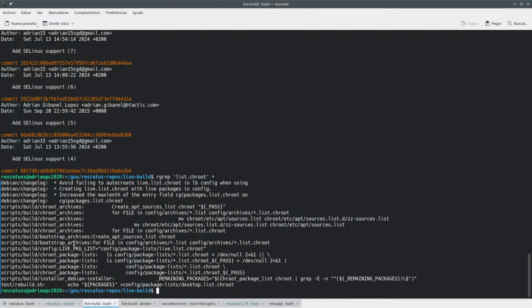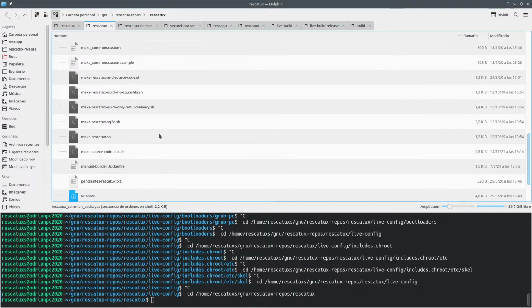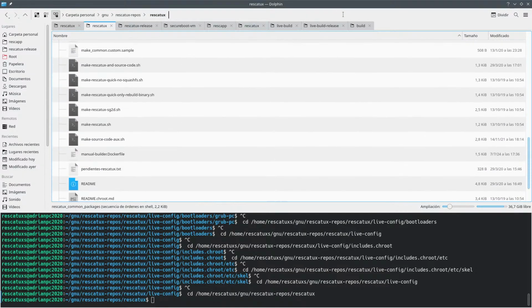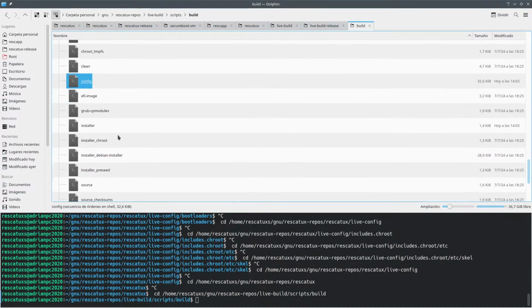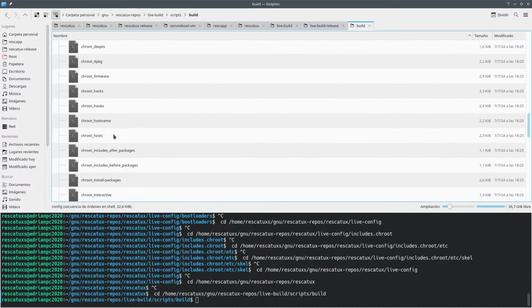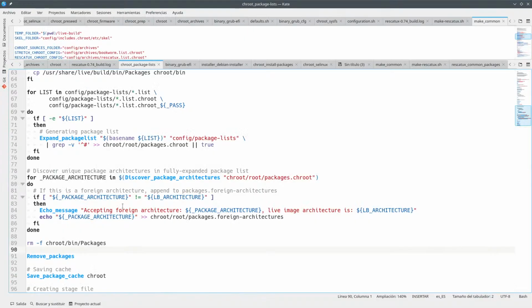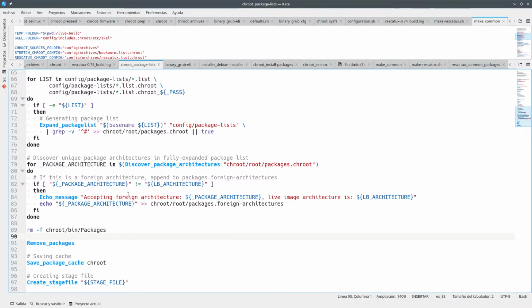Okay, bootstrap archives. Chroot package lists. Installer, Debian installer. So chroot package lists. It's what we want to do. Chroot package lists. I mean, we were already there, isn't it? Maybe not the same thing, but